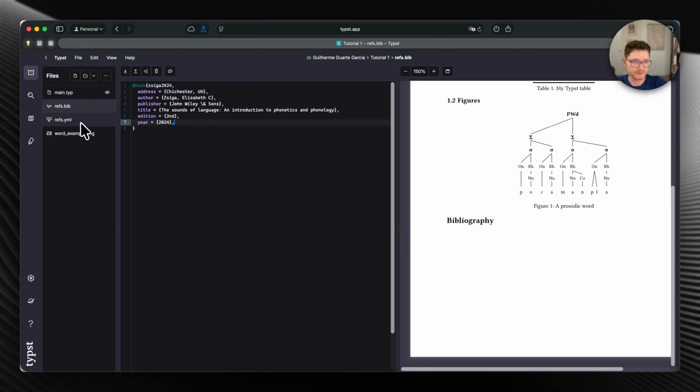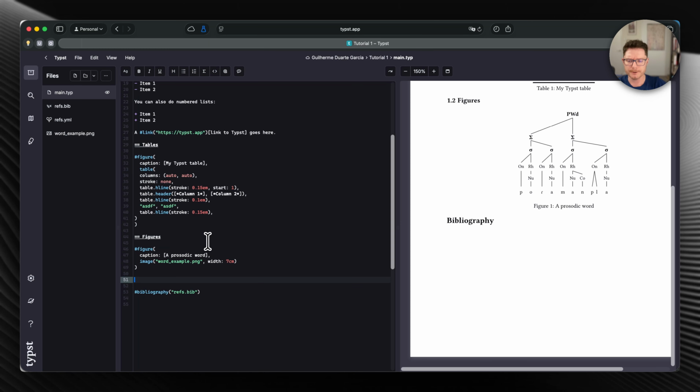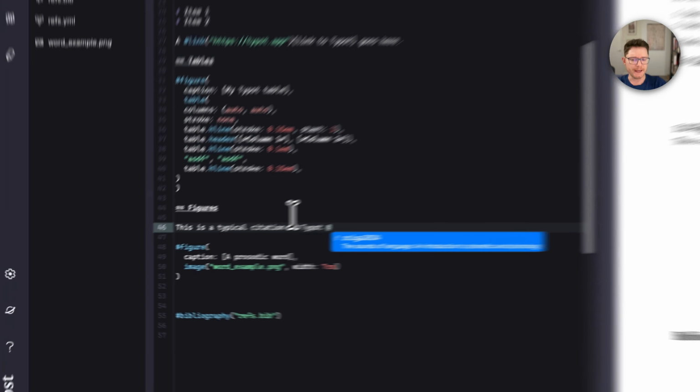So I'll just cite this one particular reference here. I'll go back, and maybe towards the end of the document, let's do a new paragraph above the figure, and I'll just say "according". So something like this is a typical citation in Typst, and now I'll just use the @ sign,